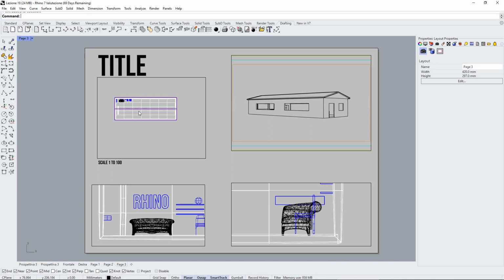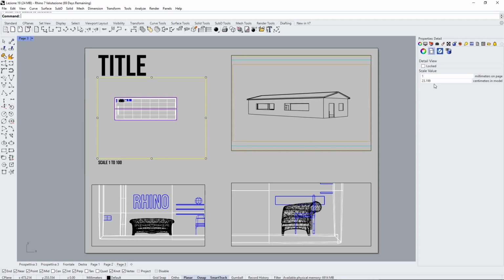So I need to scale it, and probably I need to scale this 1 to 100. To see the actual scale, you can click on the borders here of the view, and you can see here we are approximately 1 to 20. Well, this is not actually 1 to 20. No, let's go step by step. Let's set